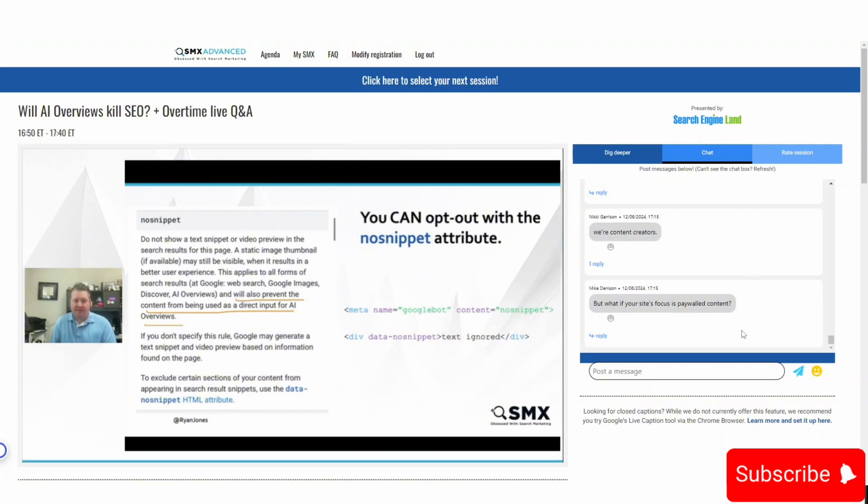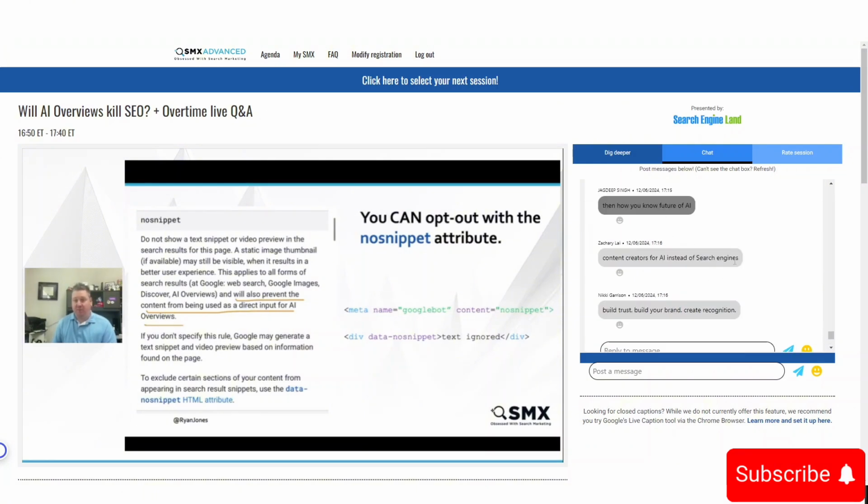And whatever text is in that div or span tag or block will be ignored for AI purposes as well. So you can 100% opt out at a page level, site level if you just block it, or at a sentence, word, paragraph level if you want to. Go for it.